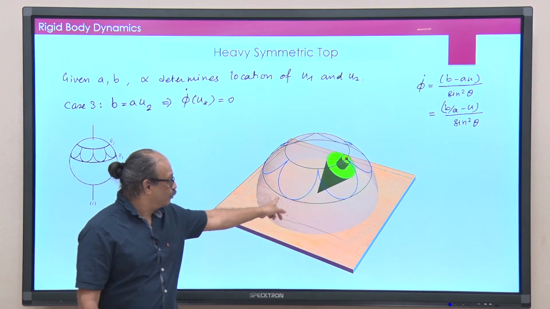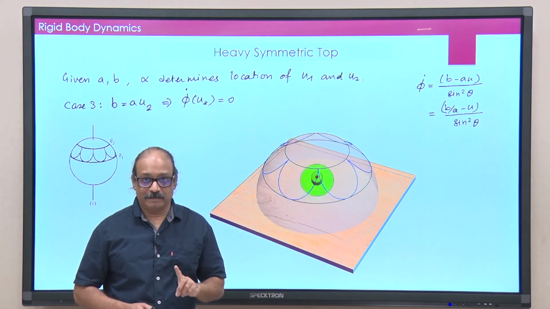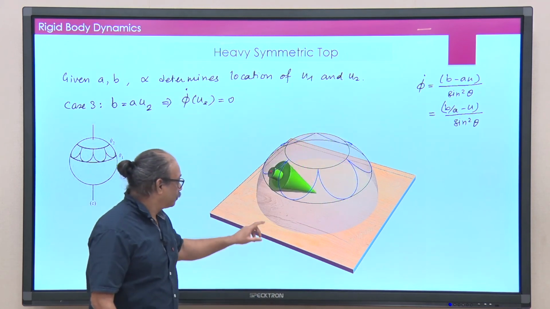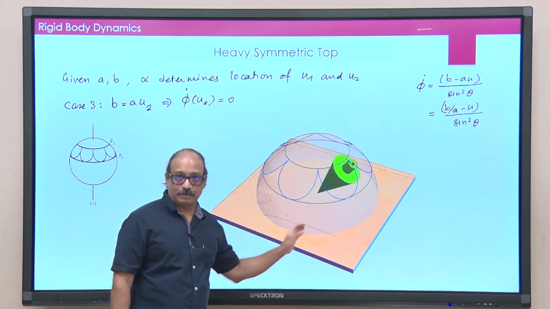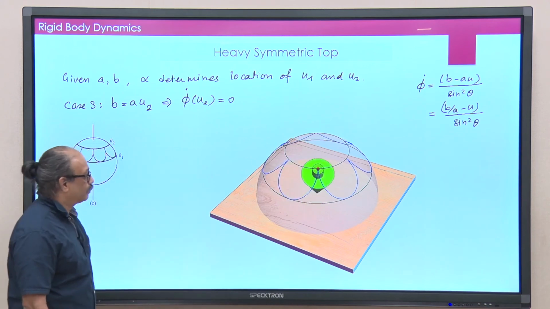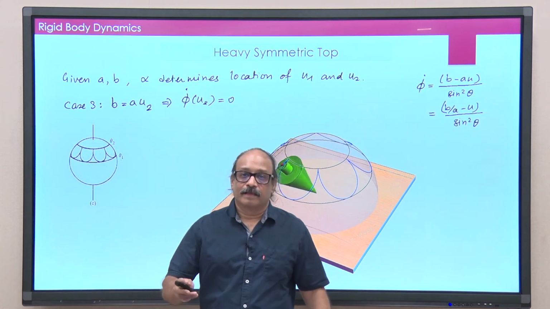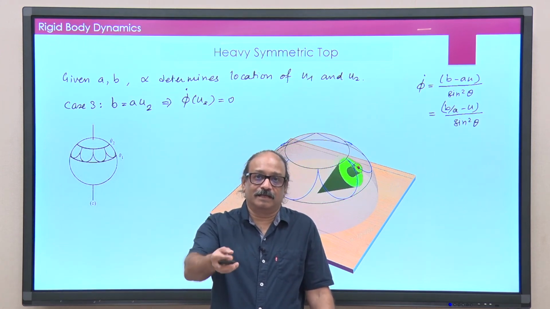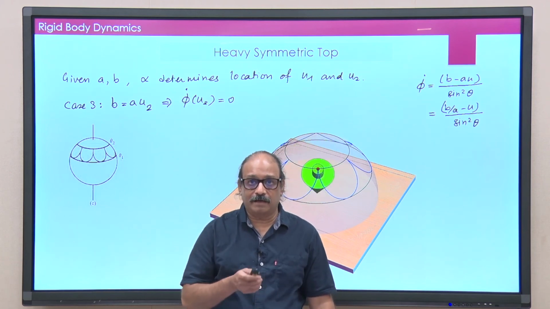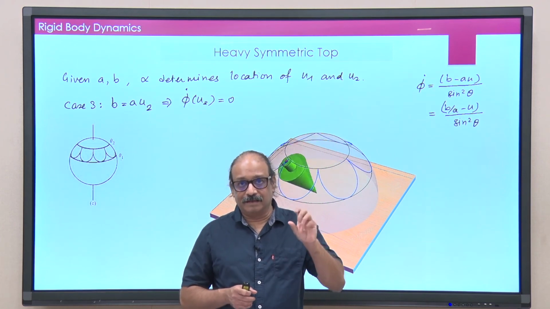Okay. At u1, remember, at the lower point phi dot is always positive. So, we know that the top always goes in one direction at the bottom point, but what happens at the top point is different. And this is the motion that we almost never see in nature. When you are playing with the top, this is the motion that is very hard to find, because this is a very delicate one point balance in the initial conditions.